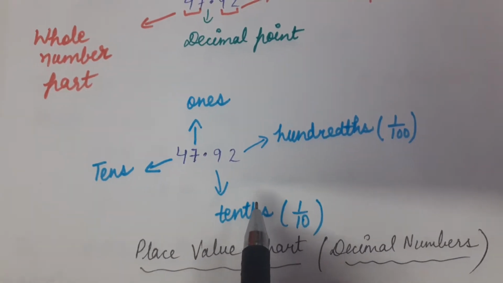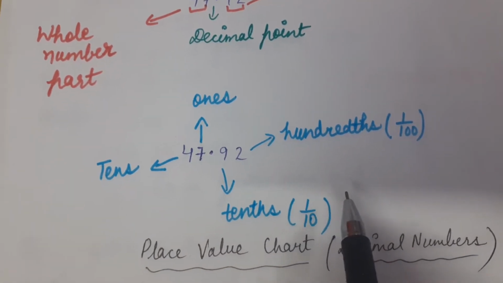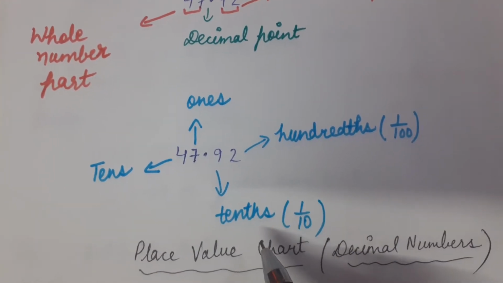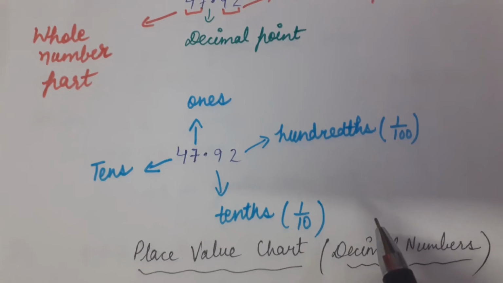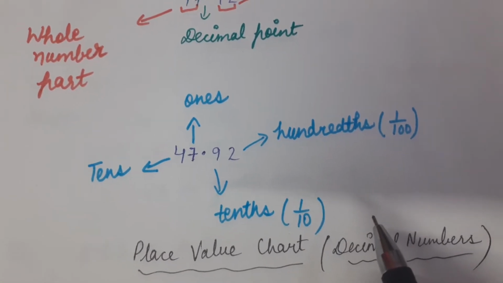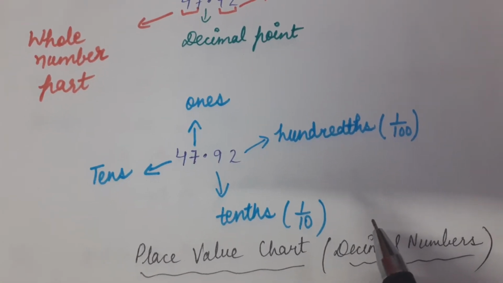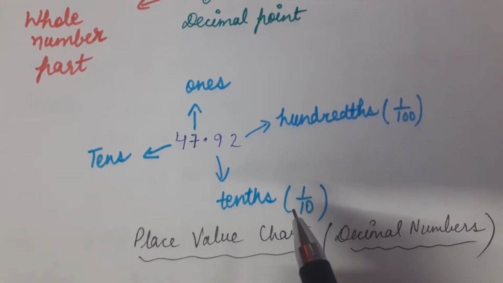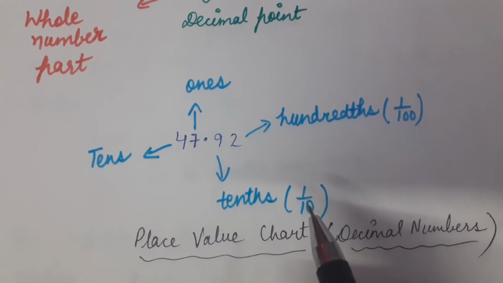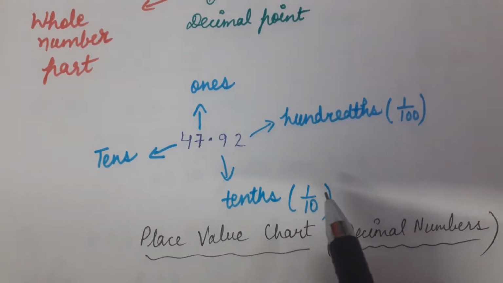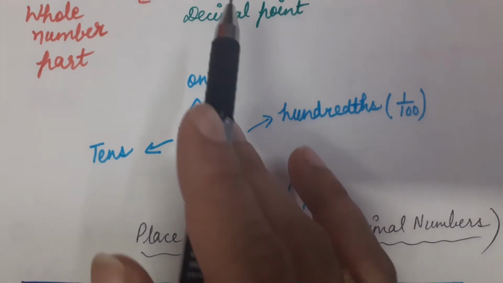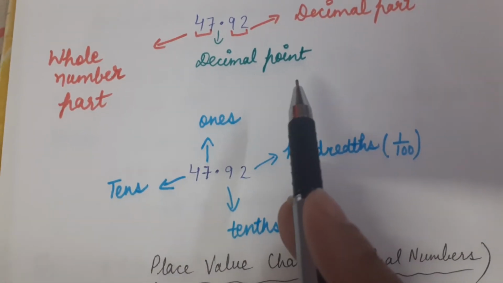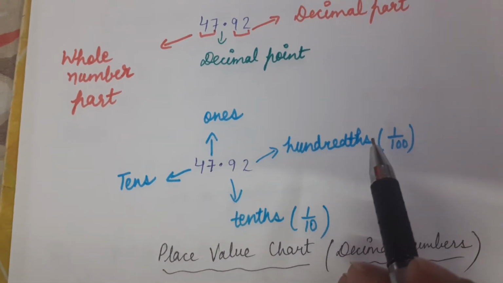Now, what is the use of decimals in our daily life? Suppose we go to a shop to buy 500 gram of sugar, and the cost of 1 kg sugar is 41 rupees. So how much money should we hand over to the shopkeeper? We have to divide 41 by 2. So the answer is 20.50. What is the point here? Decimal. That is called the decimal point. So we can use decimals in our daily life also.